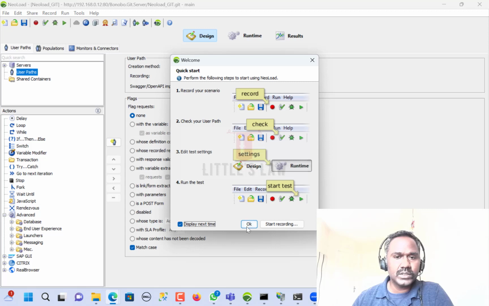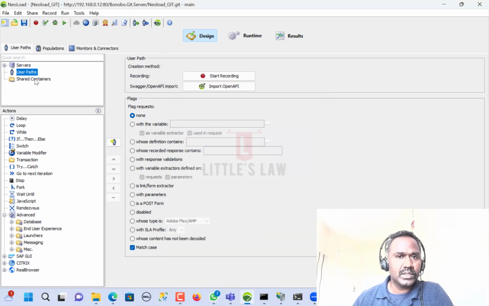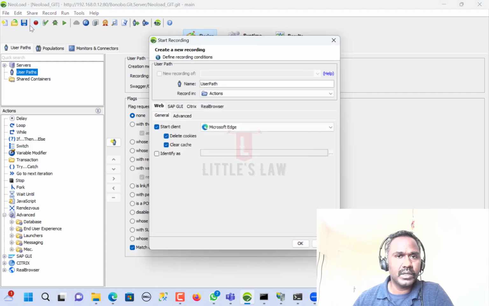So now let's record a script, our first script using neoload. I'm clicking on the neoload button here. I'm having my username user path, the first script, or I will change it to neoload underscore script underscore 01, and I'm going to use my web browser, and it's going to be Microsoft Edge. I'm clicking on OK,